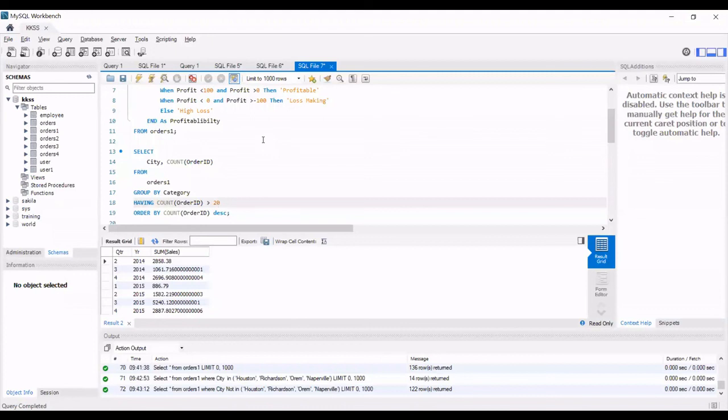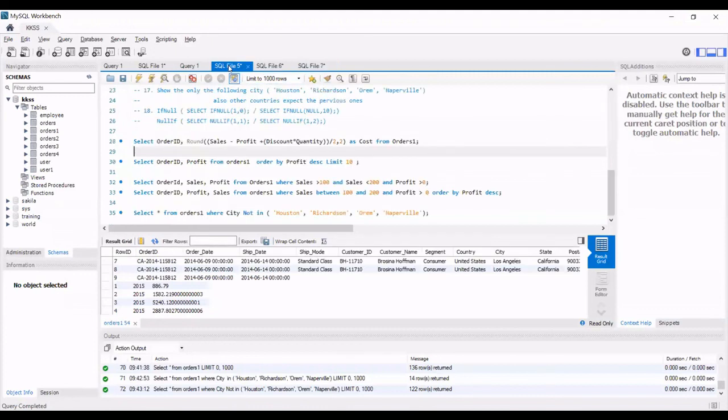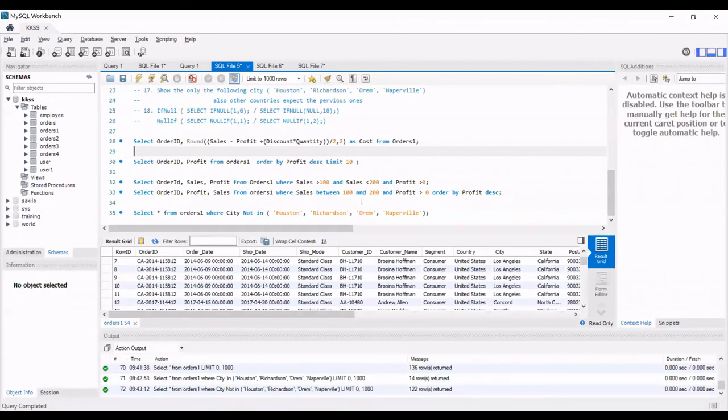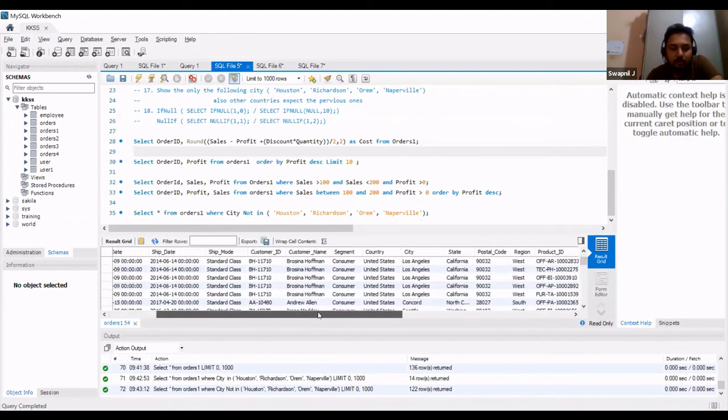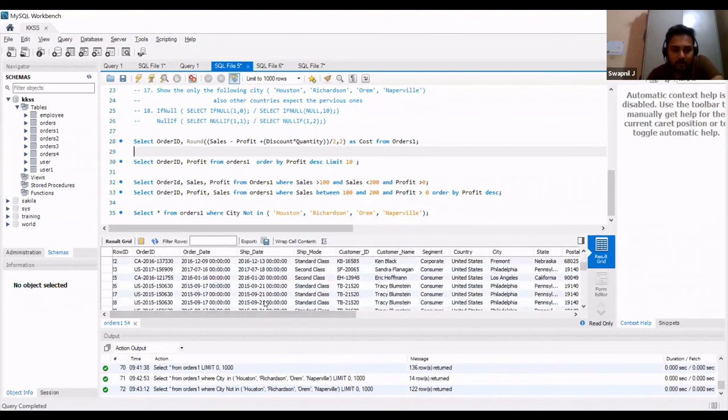Hey, really good work, Swap. A lot of functionalities and operators that we didn't know of. We use these operations very frequently, and they help a lot in wrangling and putting together data in SQL. Good work. From the next session it would be nested SQL statements and joins. I will share the new files with you, and then we can work.